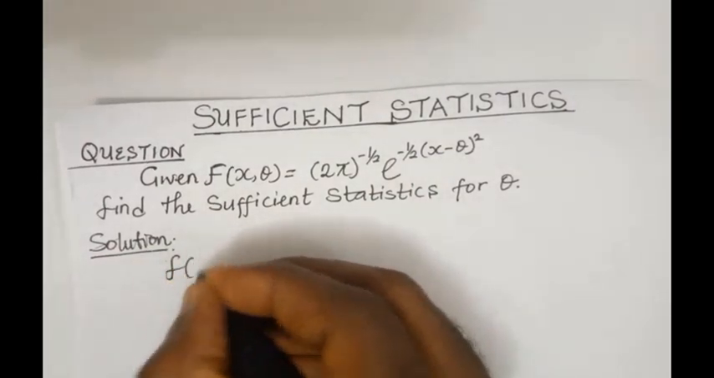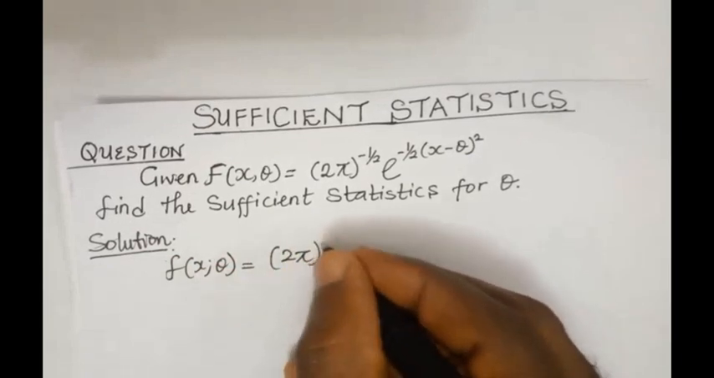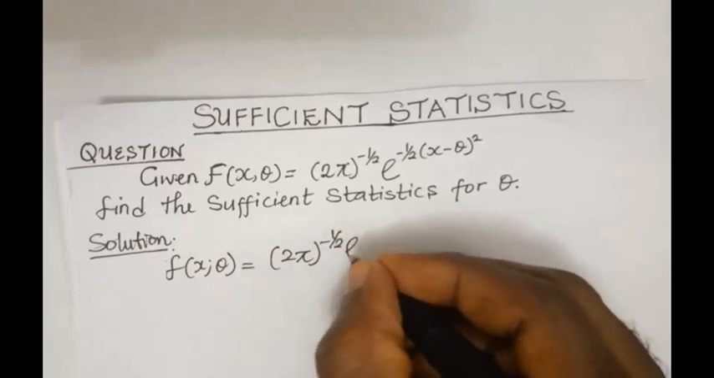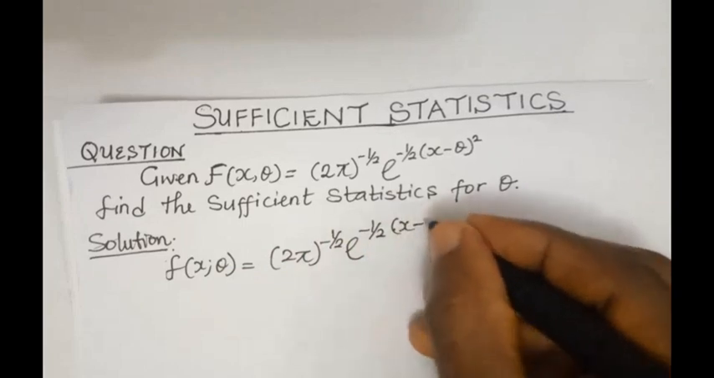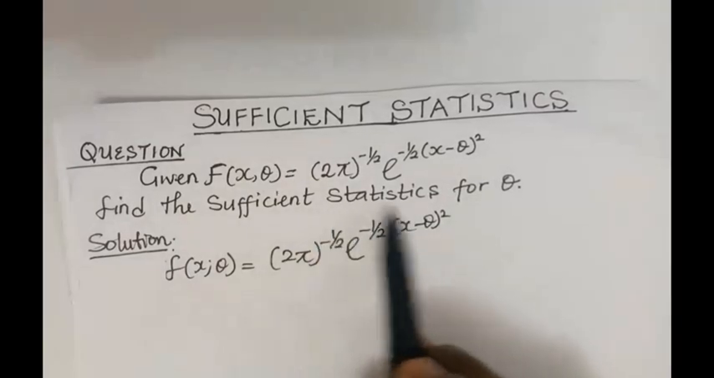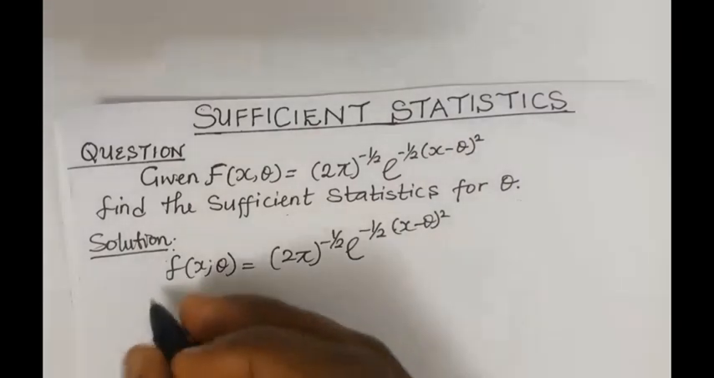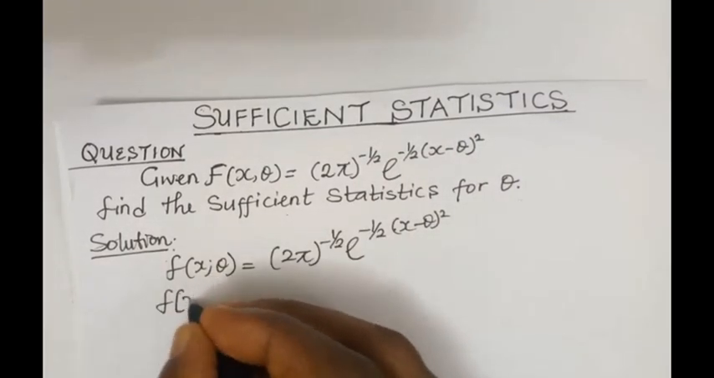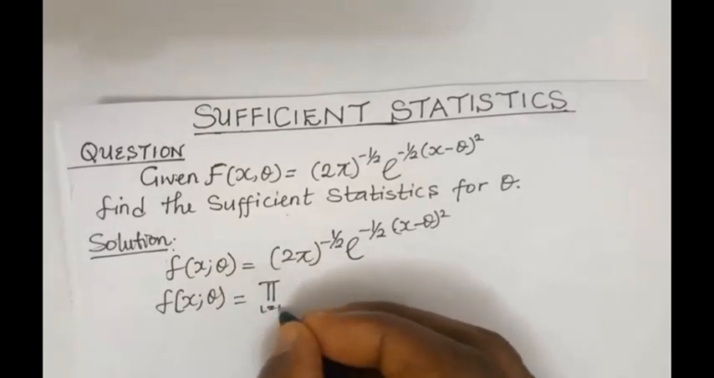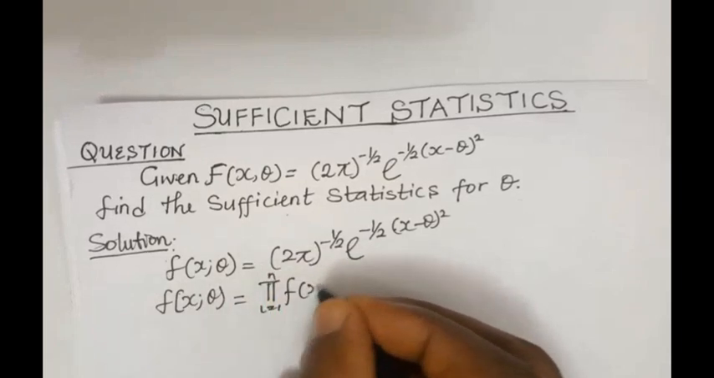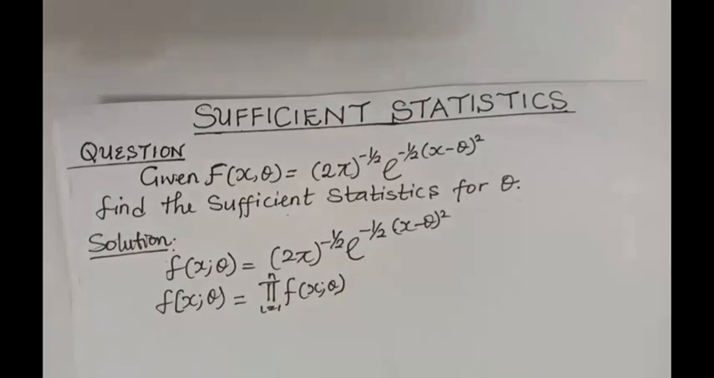If we are given this function, we are asked to find the sufficient statistics for theta. The first thing to do is to take the product sum of this function. The product sum of this function is stated as this, which is equal to